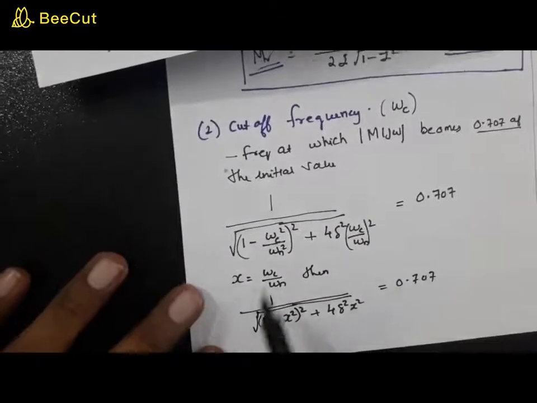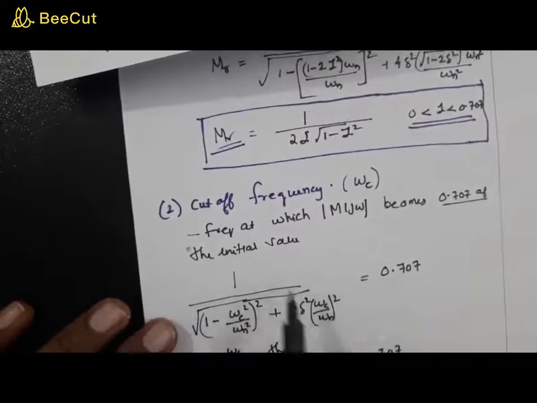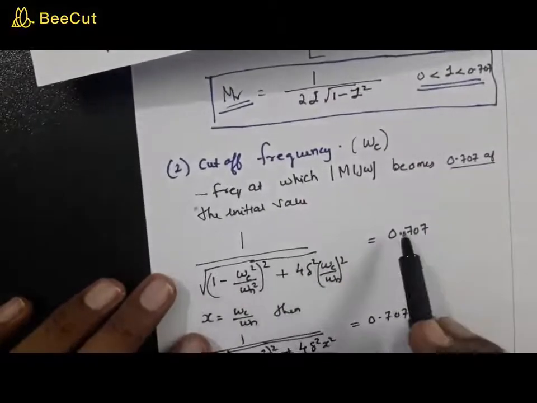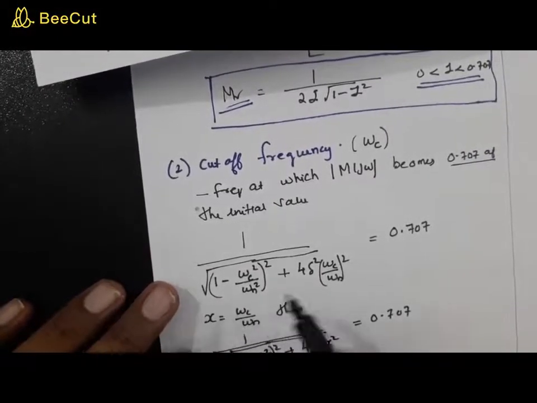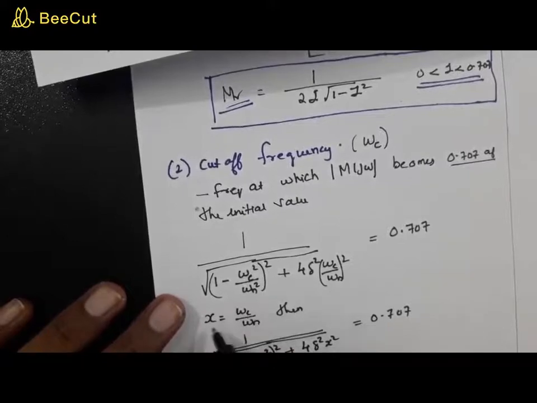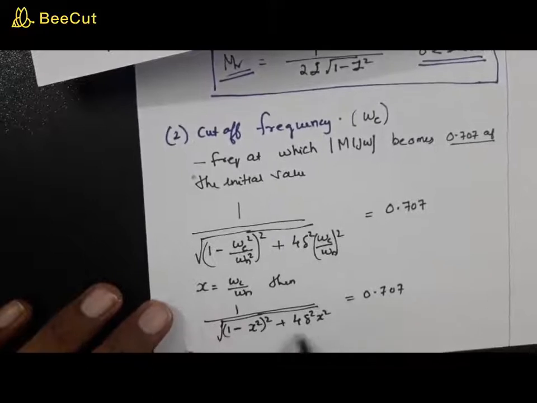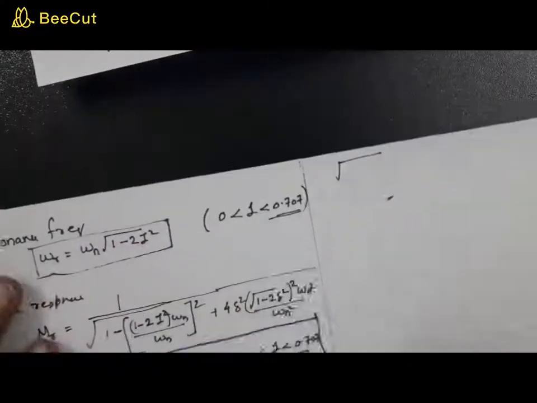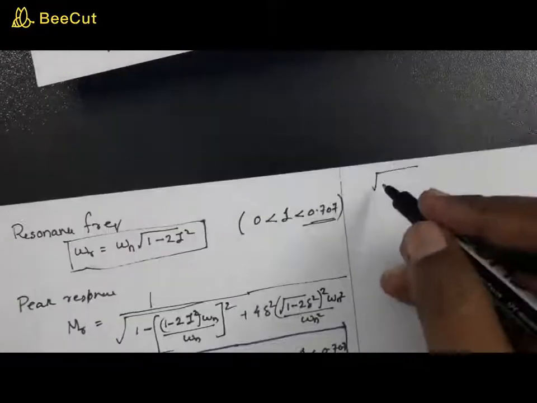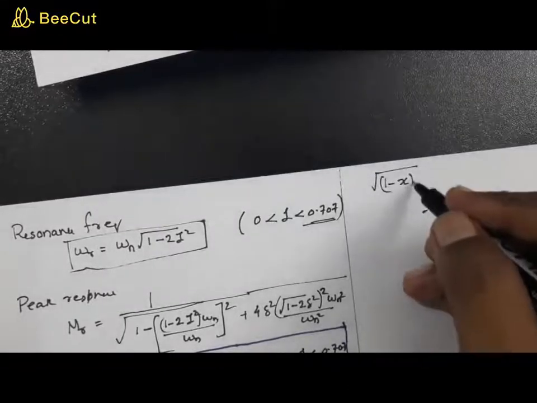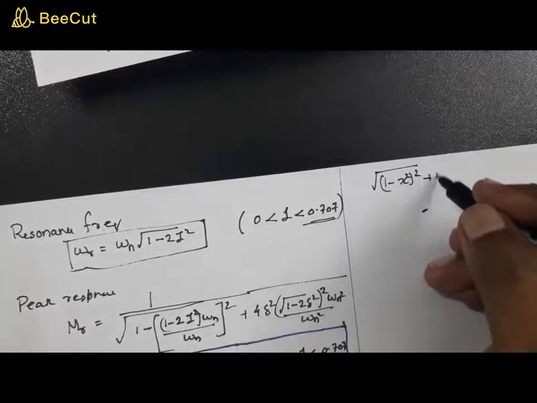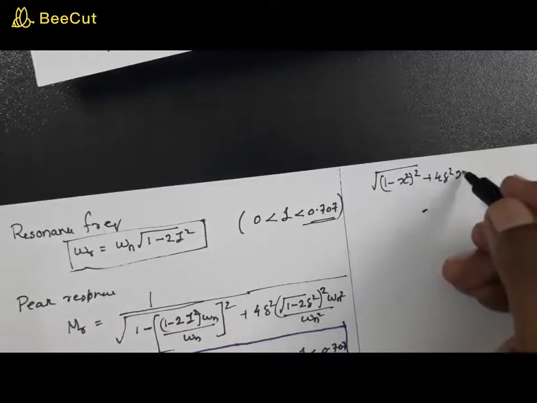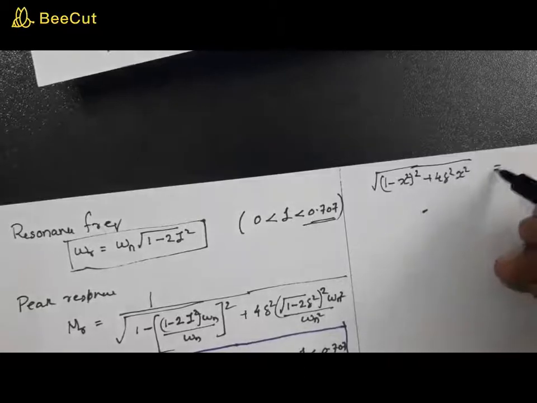Okay, now substituting this, you can use that magnitude equation. Using that magnitude equation, it is equated to 0.707, and for simplification, I am assigning a variable x to be omega c by omega n, so that you will get this equation in this way. You can rewrite this expression as root of (1 minus x square) the whole square plus 4 delta square x square,